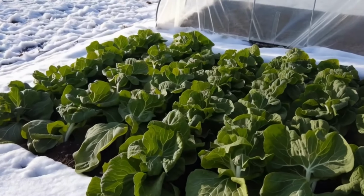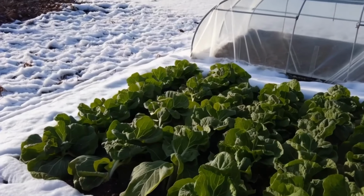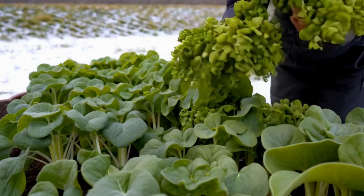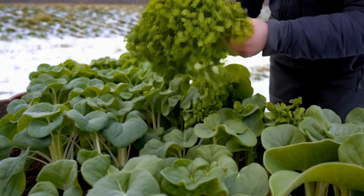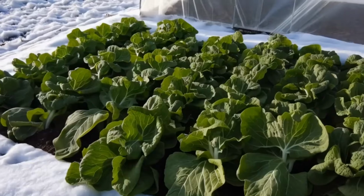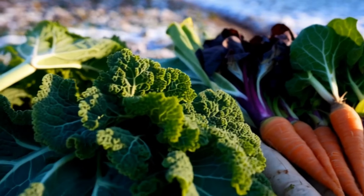Mustard greens are extremely frost-tolerant, and the cold weather actually makes them more flavorful, enhancing their peppery taste. They're perfect for salads, sautéed dishes, or adding to soups and stews. Use row covers or a cold frame to protect them from harsh winter conditions, and you'll have fresh, flavorful mustard greens all winter long. So there you have it, 10 winter vegetables that you can grow in your Zone 5